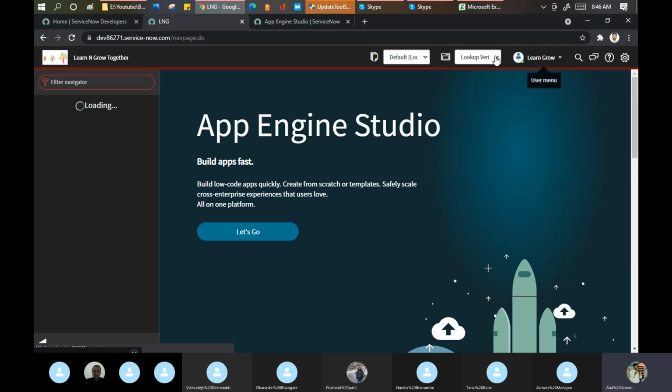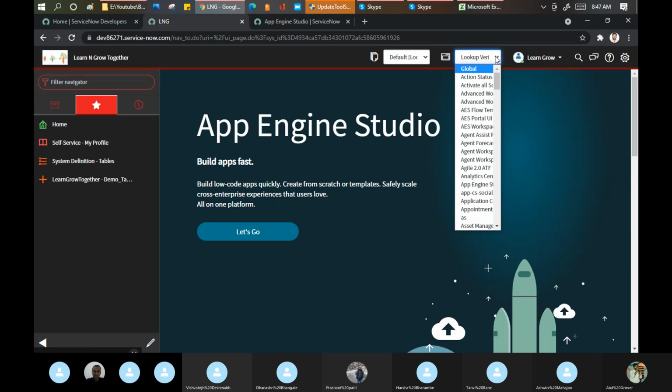Because that is scoping part for me. See, the application name which I put, Learn and Grow, has been created here. That is the first step we successfully verified.